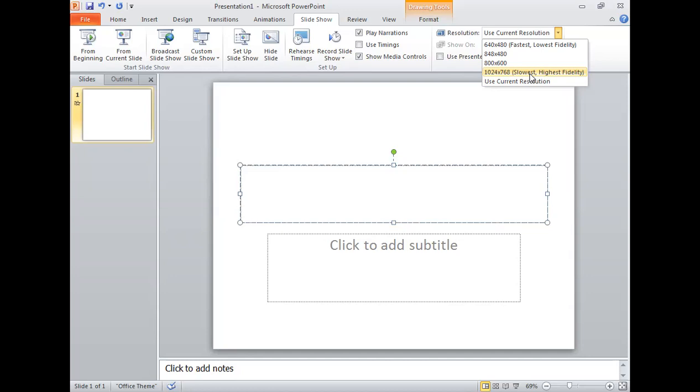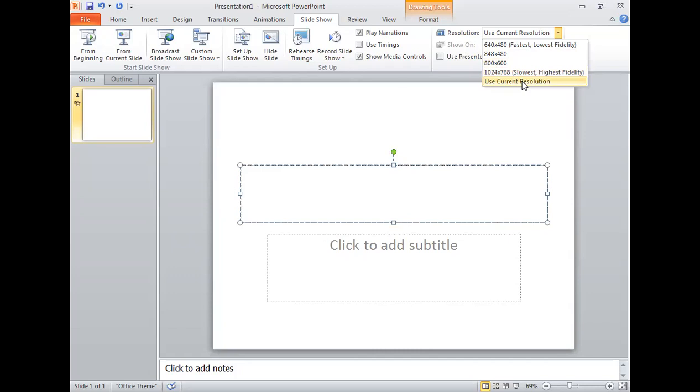So I suggest you to use the current resolution. Like आपकी जो monitor का जो resolution है, if your monitor is in a square form or in a rectangle form, आपका जो भी monitor resolution है, so if you use that resolution, so it will be suitable for you to display the slideshow. इसके अलावा आपके पास और भी डिफरेंट डिफरेंट फ्रेम रेट्स हैं, लाइक 800 बाय 600, 848 बाय 480. तो यहाँ बहुत सारे डिफरेंट रेजोल्यूशंस हैं, पर अगर आप अपना करंट रेजोल्यूशन चूज करते हैं,